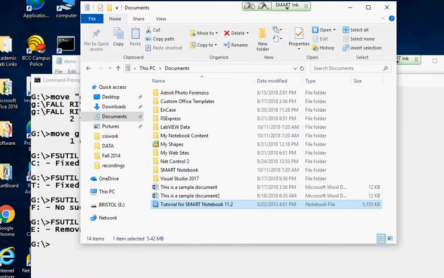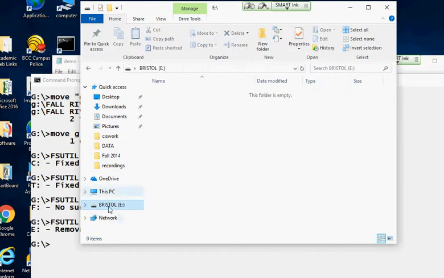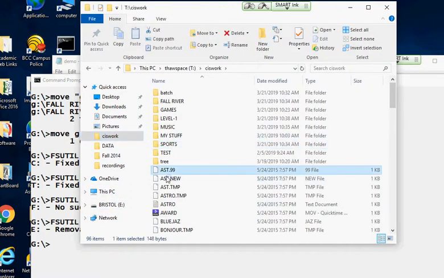Okay, and by the way, I popped that E drive in just so that you could see that if I go to the E drive, which I have no files on, so that's not very helpful. I'm just going to put some files there real quick. Control C and go back out here and